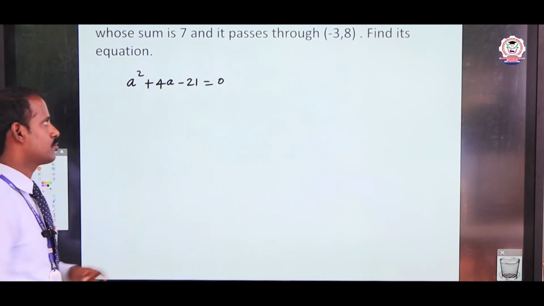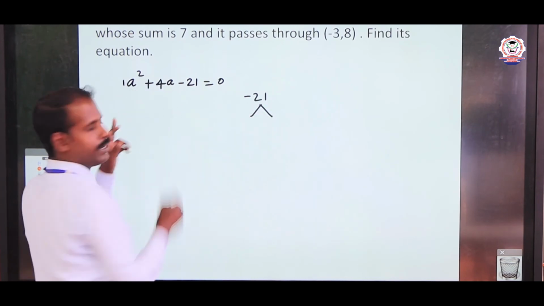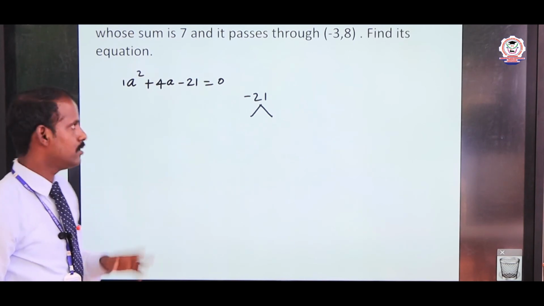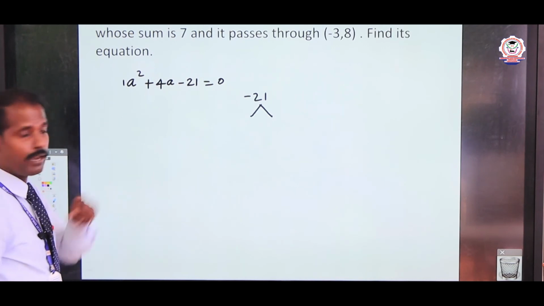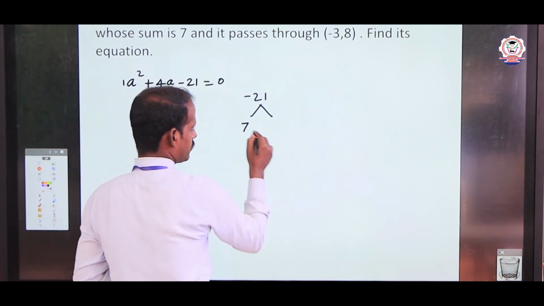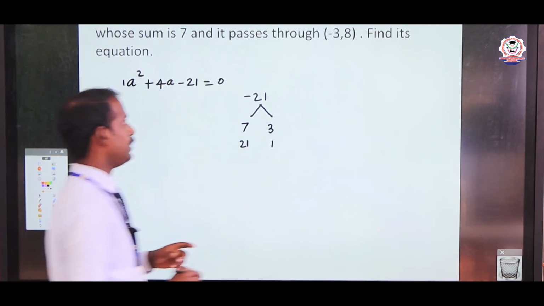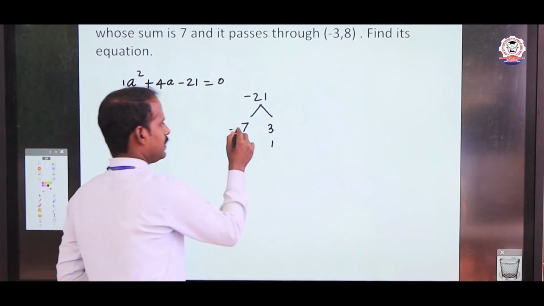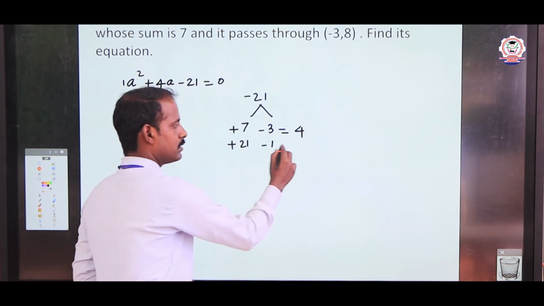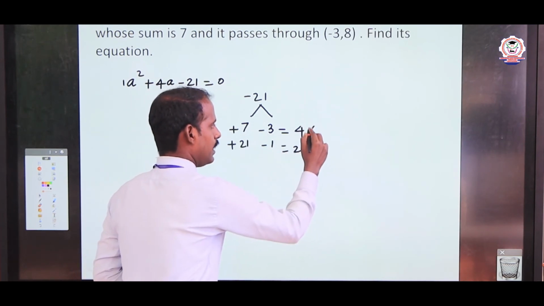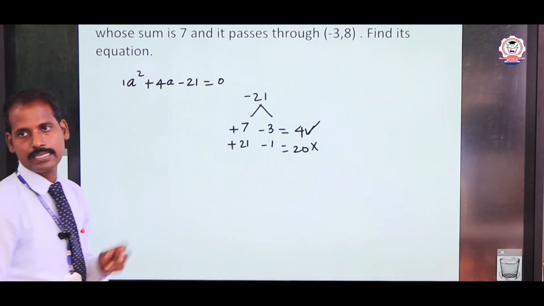Now factorize. Minus 21 is the constant term. Consider 1 into minus 21, minus 21. Here the product of the values is minus 21 and the sum, the middle value, is 4. So what are all the possibilities? 7 threes are 21, 21 ones are 21. One is plus and the other minus. The sum of one pair is 4, the sum of the other is 20. So this is a possibility, and this is not possible. So 7 and minus 3 are the factors.